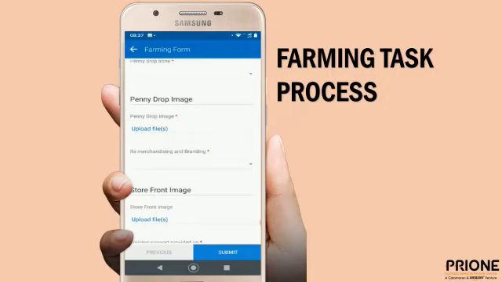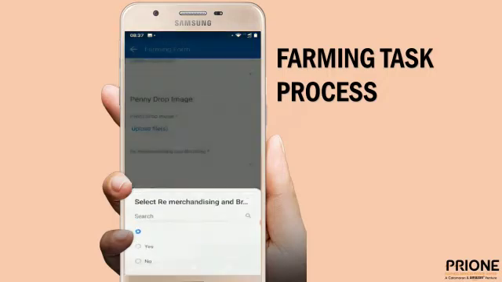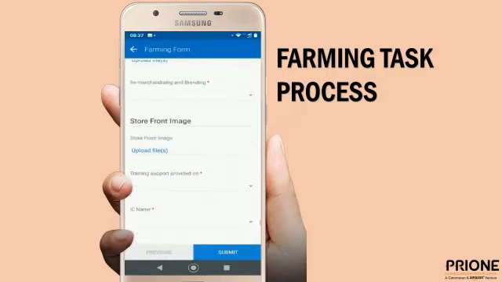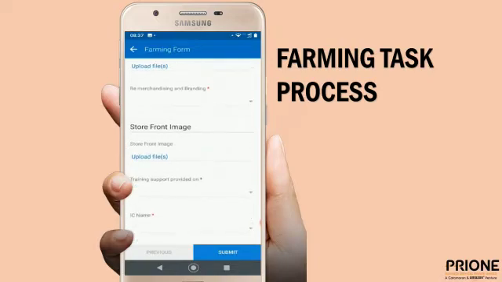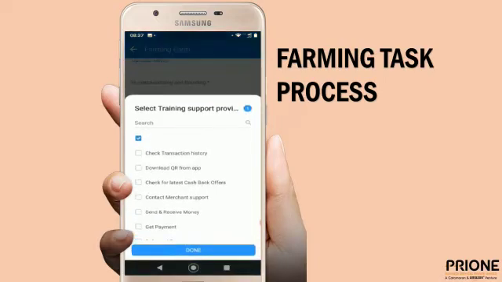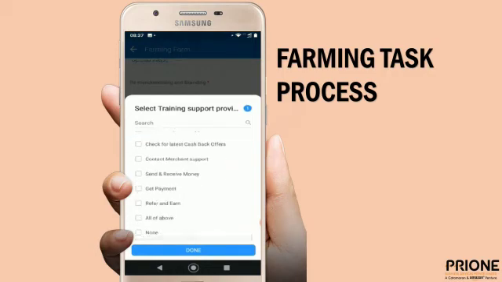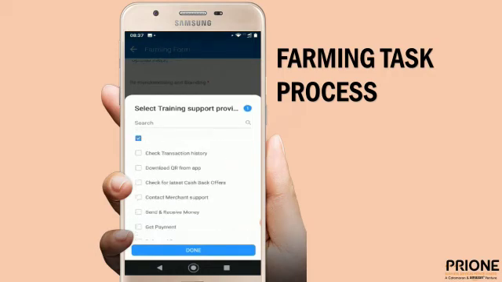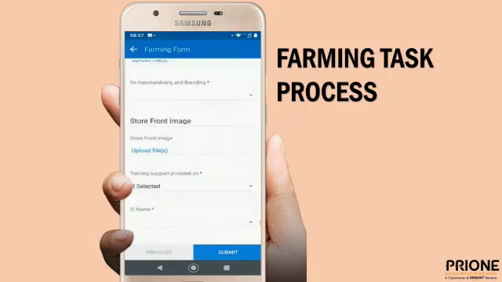If you can select yes, storefront image, if the merchant needs training support, you can select what all training you have given to the merchant, like on the transaction history, how to get payment, how to receive money, how to download the QR code from the app. So these are the trainings which you have given to the merchant.